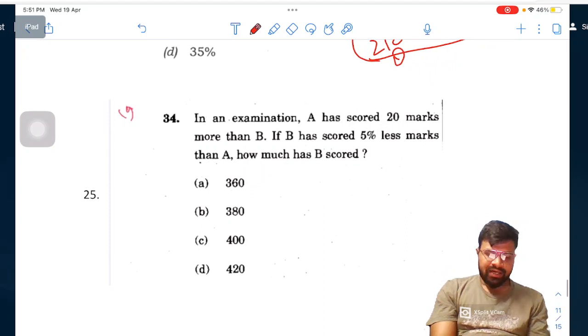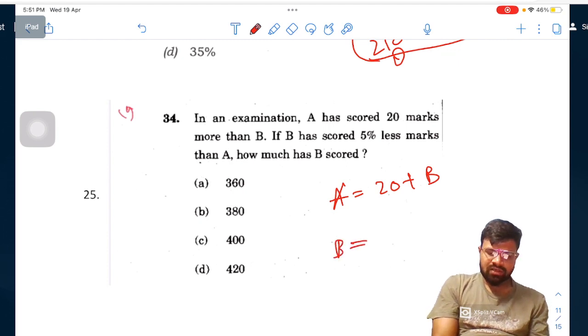In an examination, A has scored 20 marks more than B. So A is equal to 20 plus B. B has scored 5% less marks than A. Now B is equal to 95 by 100 of A, because 5% less means 95% of A. So based on these two equations,